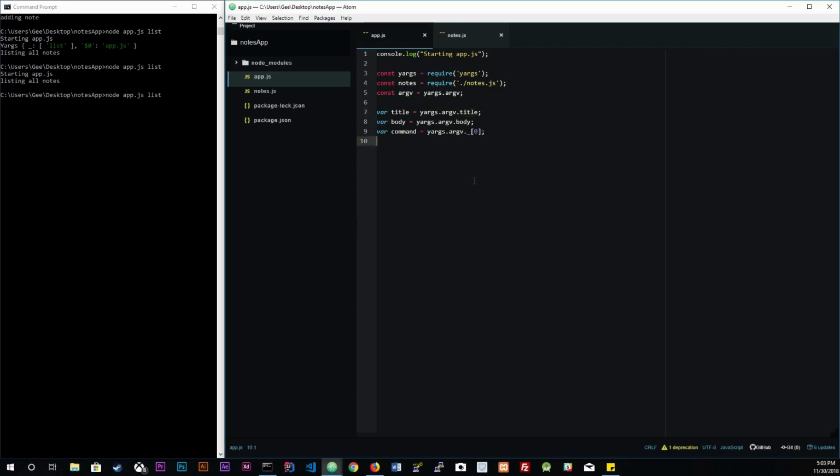and then since I don't have a log here, I'm gonna log that out. Title. I'm gonna actually log out all this, body and command. All right. If I do this right now, I get undefined, undefined, and then the command is list. The reason we get undefined for these is because we didn't give a title argument, nor did we give a body argument, right? So if I do